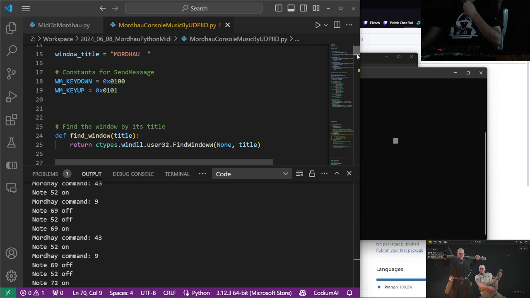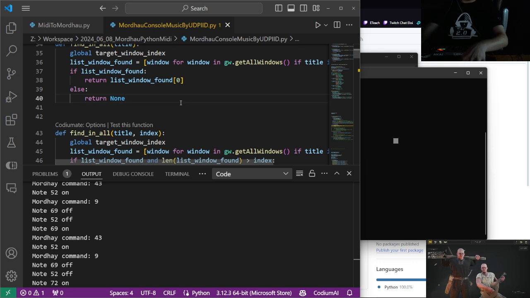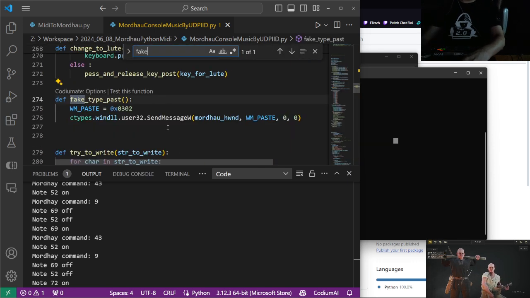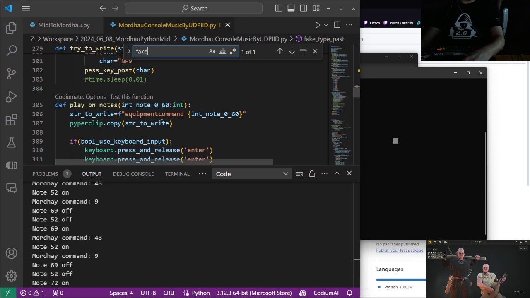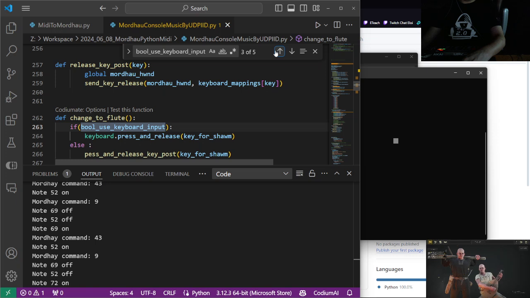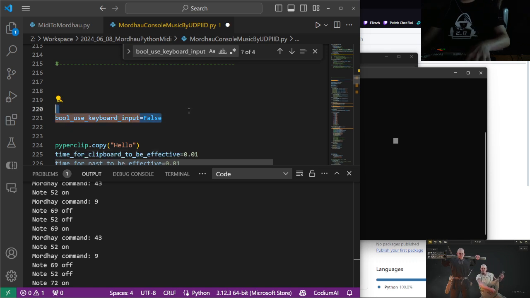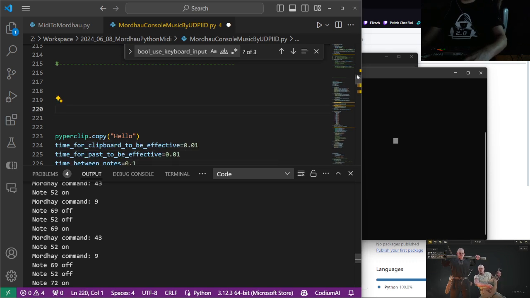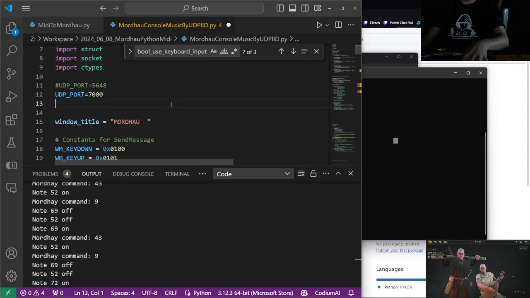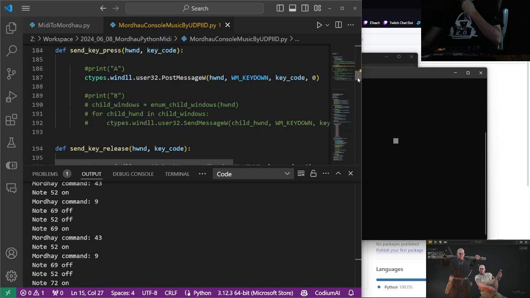I will have to put it in front of the script: use fake input equal false. I will put it at the top of the script because like that you can configure it. Okay, so by default it is set to fake. So what does it mean? It means that